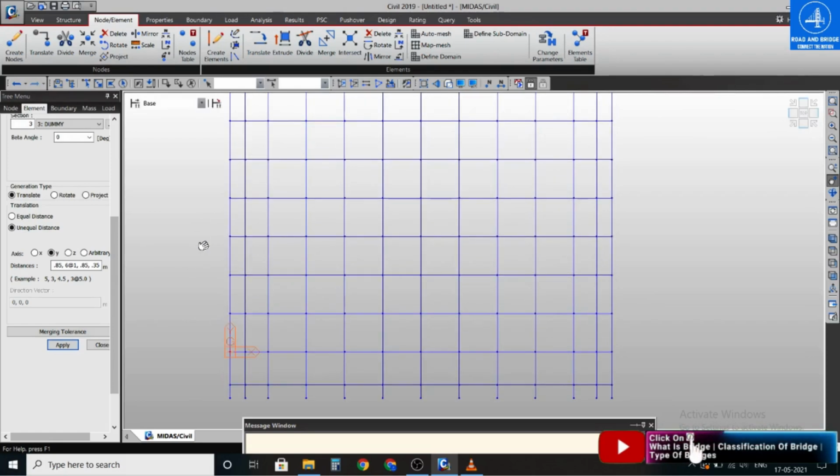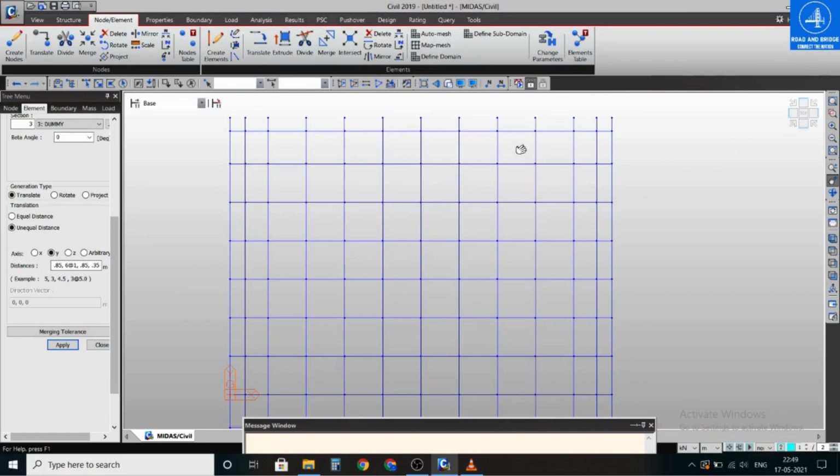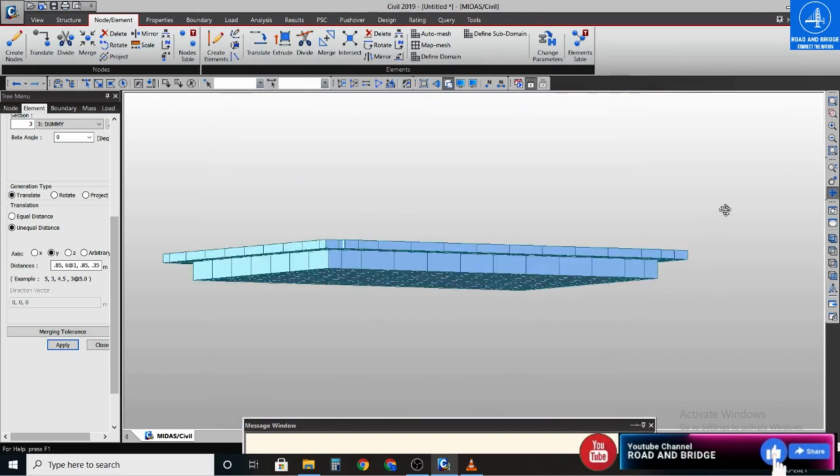Here the dummy members have been created. You can see all the dummy members have been created. Now you can see the 3D view. Click here and you can see.